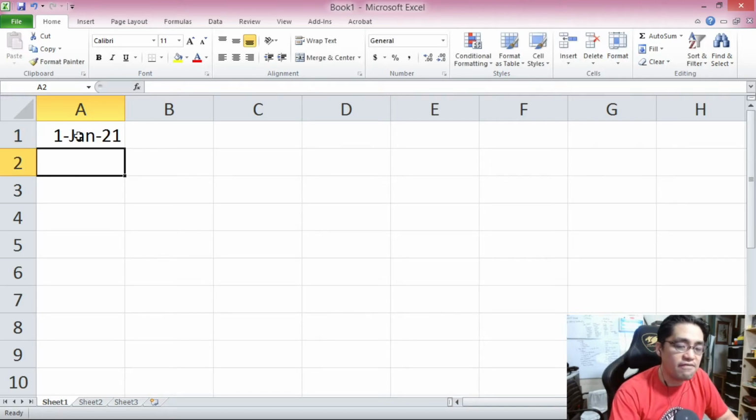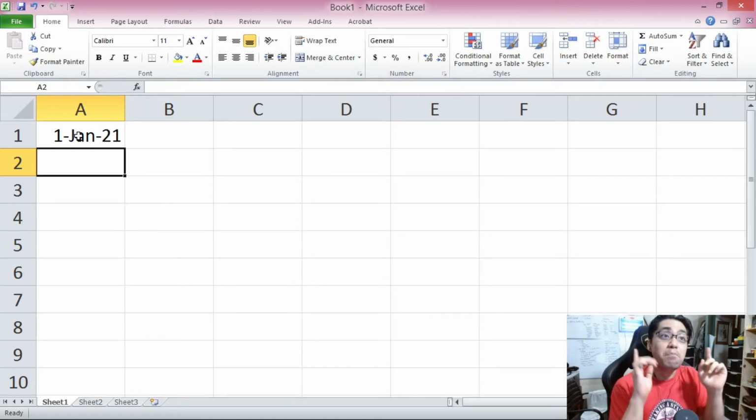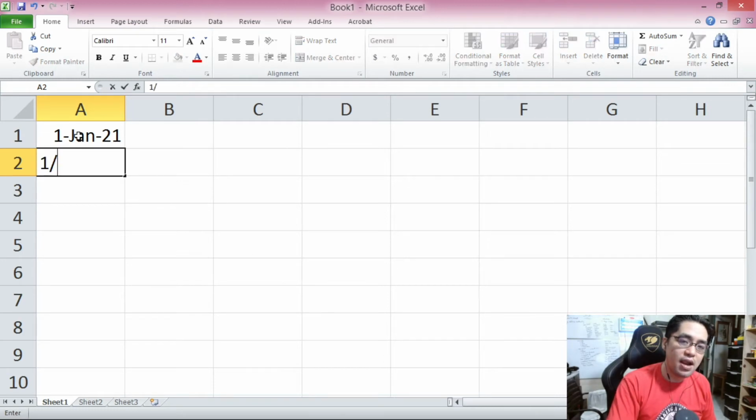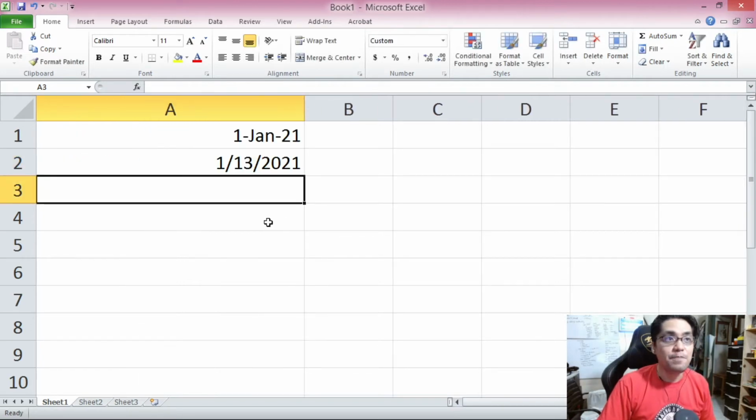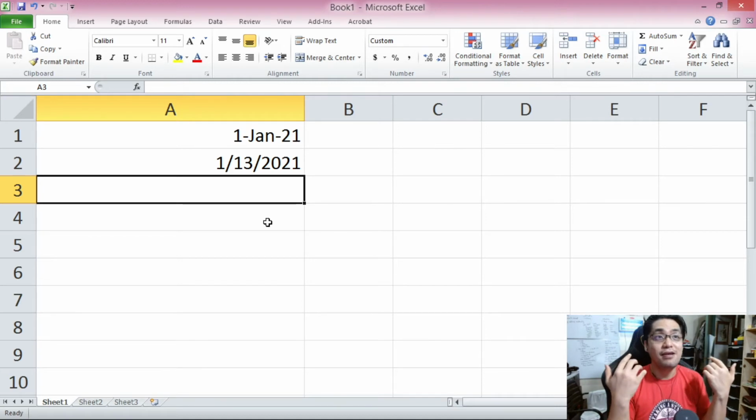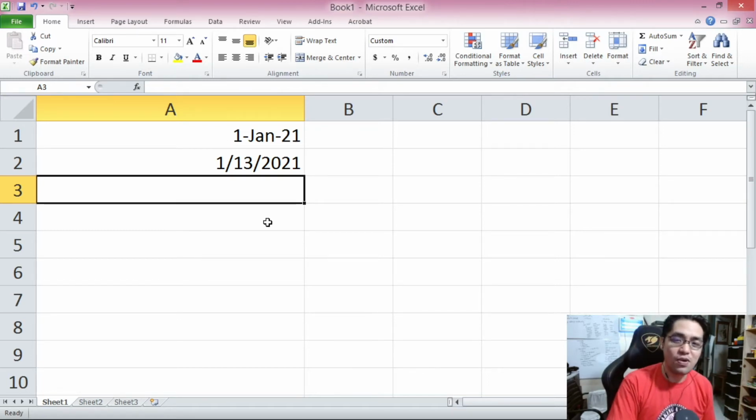Or you can have it this way. You can have it month first, the month in number form, slash, the day in number form, slash, the year. So again, month, day, year. So let's try this. Let's try January 13, 2021. Alright? And you will notice that it is aligned to the right, meaning Microsoft Excel successfully recognizes this as a date value. Let's try reversing. What if you enter the day first and then the month second? Like so,